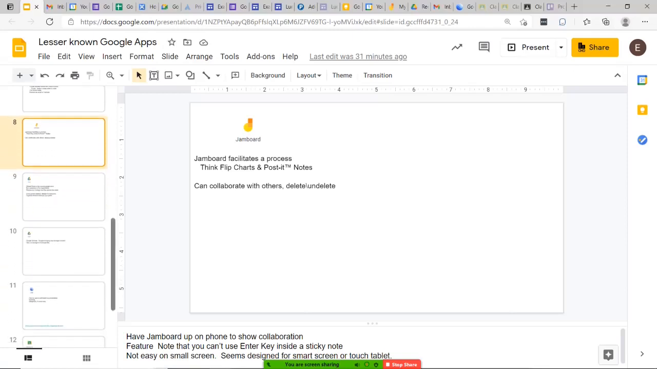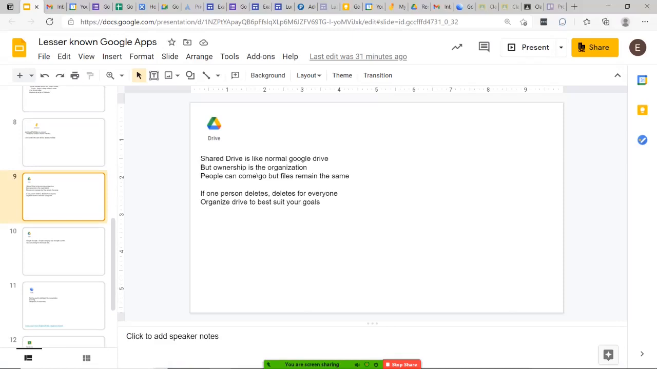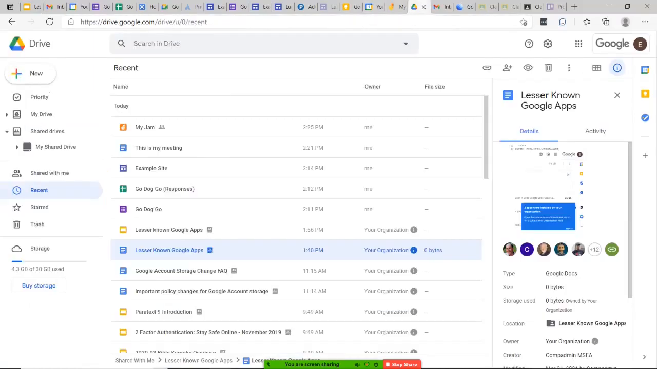The next thing down is something in your Google Drive. It's a thing in Google Drive you may not be familiar with. It's called Shared Drive. I'm going to open up here's my Shared Drive. All right, so you're familiar with Google Drive,